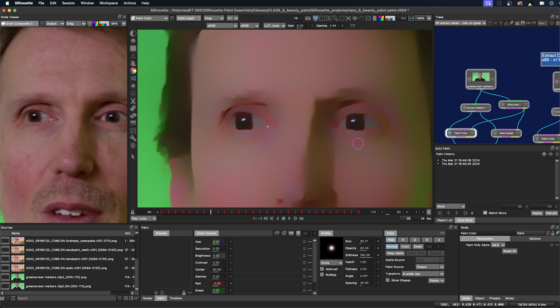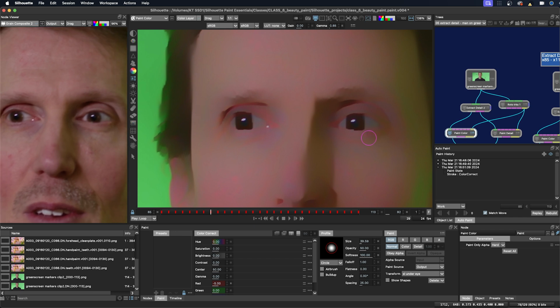So I'm just going to remove the red. So it's pretty subtle. So maybe let's try a little bit more, -5. And now you can see that the red is being removed out of this eye, and we'll just play that paint stroke back. And I'm going to use the same tracking for screen right under eye.